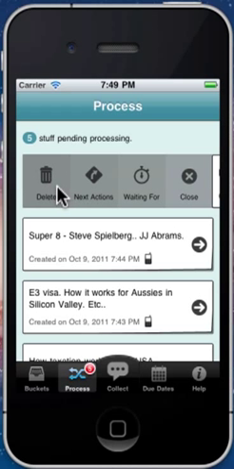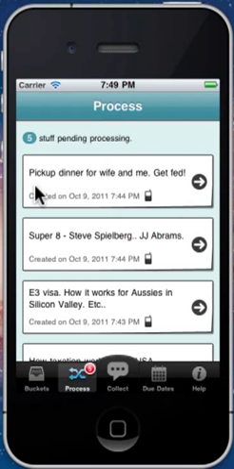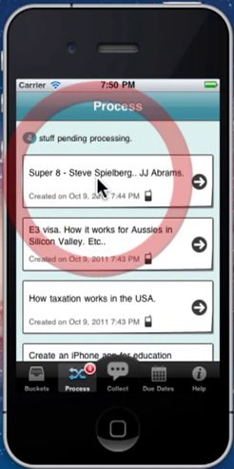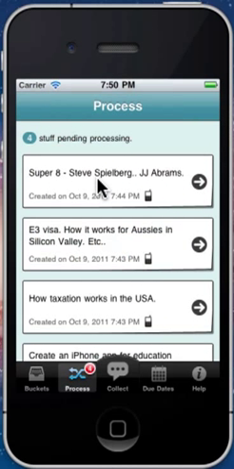You can either delete it, because if it took under 2 minutes, you can close this, right? But getting food is actually a next action. It's what I'm going to be doing next. It's something I will do today or even tomorrow. I'm not waiting for anyone. So I'll click on next action. Bang. Okay, that's processed. And you'll see where that went to. You'll see the button at the bottom.